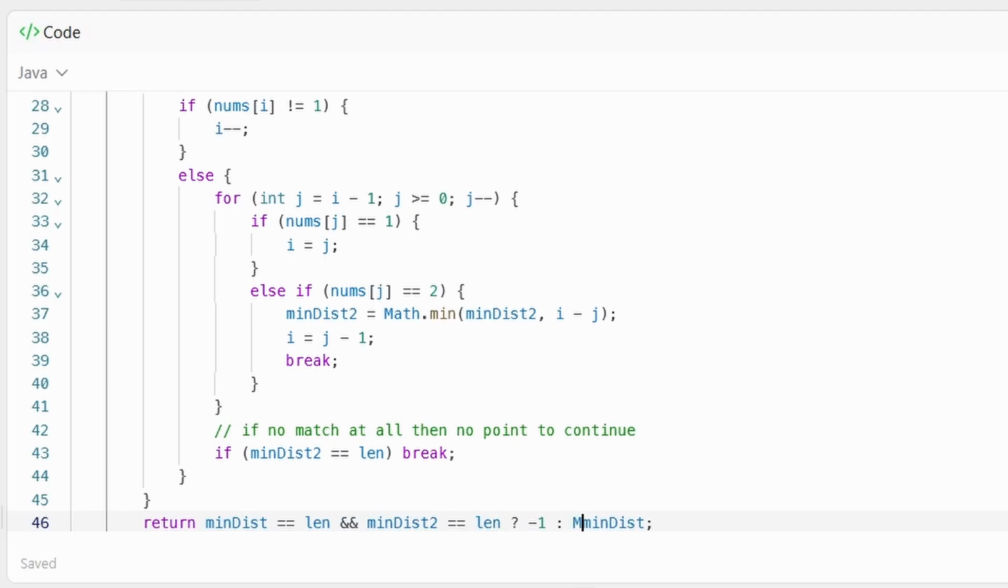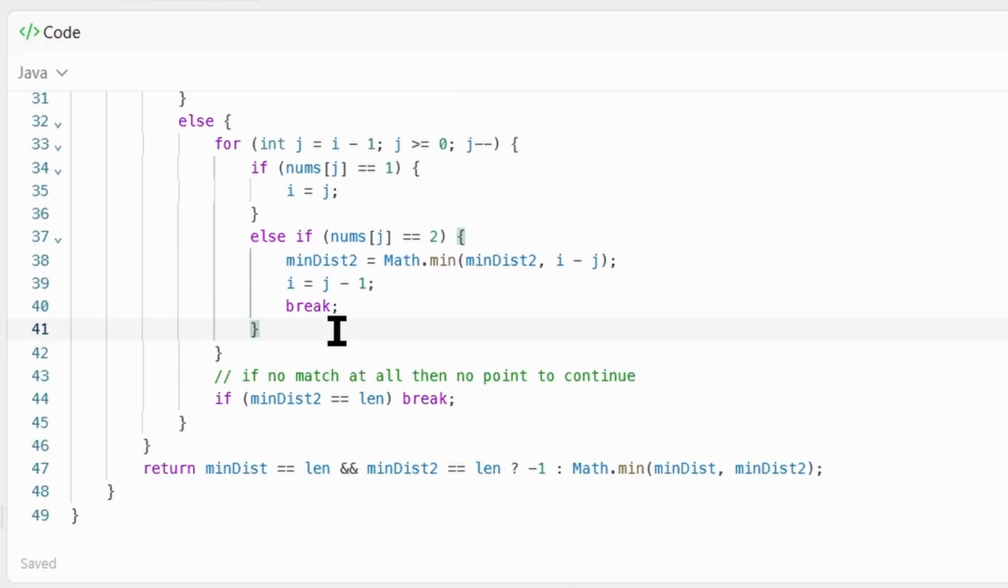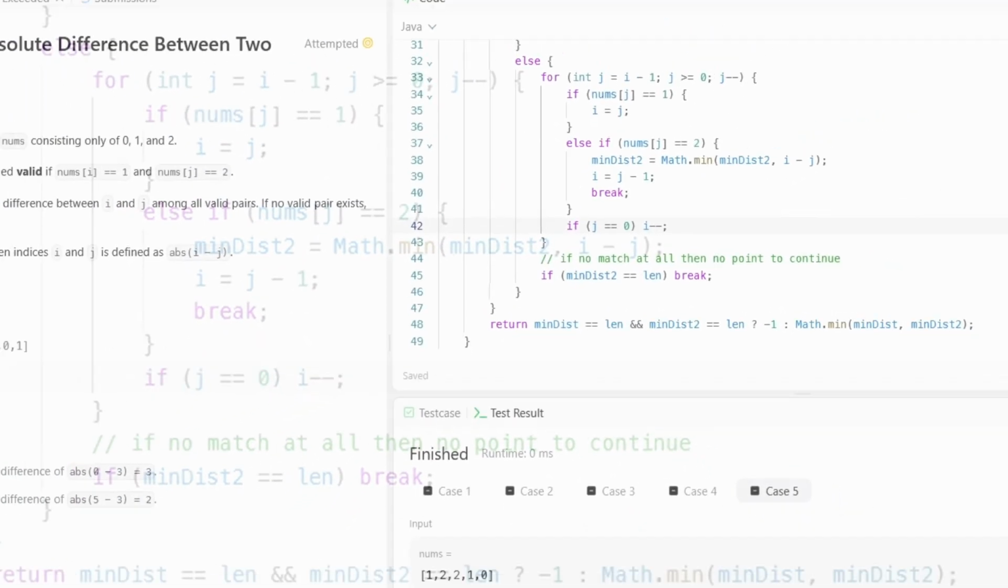Also, we want to make sure to have a different variable name for the minimum distance in the other direction, because otherwise the final if statement will never be true. Finally, when j reaches the end of the array, move i